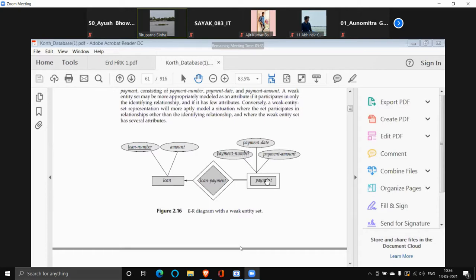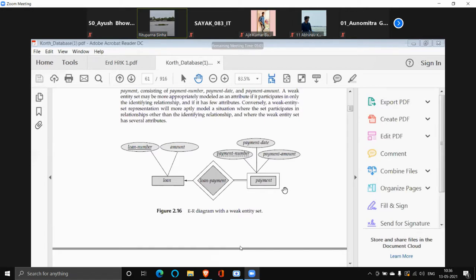payments of different loans. When I show a discriminator attribute in the weak entity set, I use a dash line instead of a solid line. Loan number here in the loan table was a primary key, so I used a solid underline, and here I used a dash line in order to say it is a discriminator.